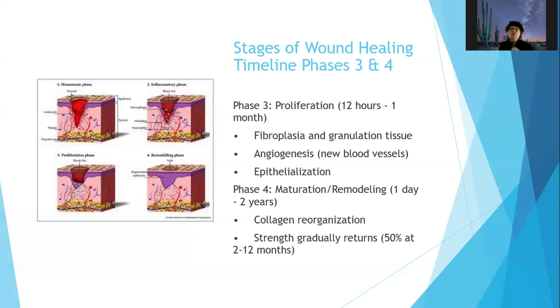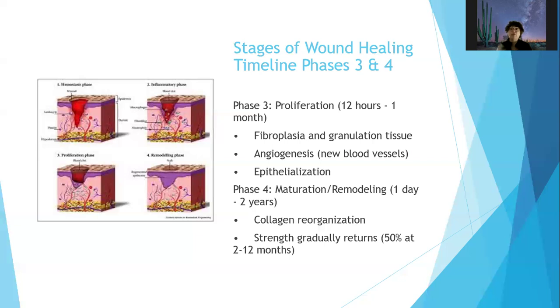So if you have a big wound and scar tissue is forming, the scar tissue strength will be at 50% from 2 to 12 months. So in that remodeling stage, you have the new pink scar versus the old scar, which is white, because the collagen has been reorganized. So initially, the